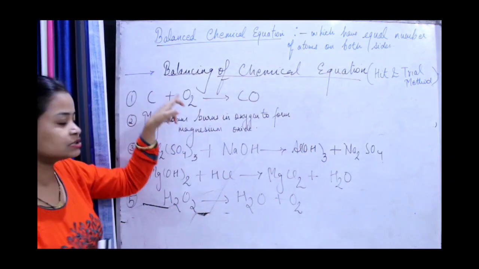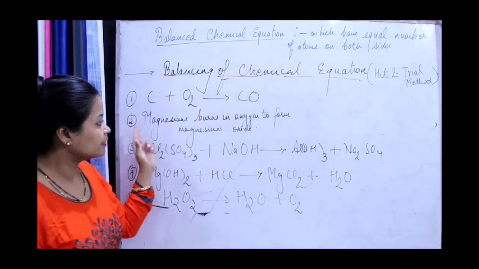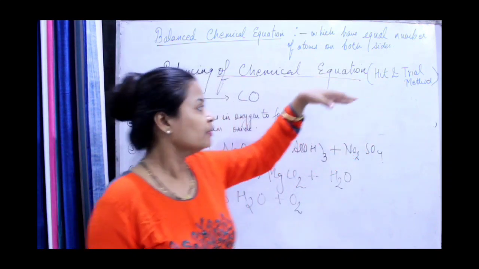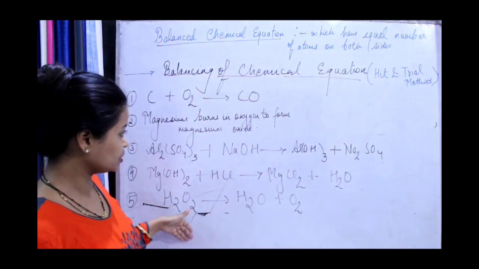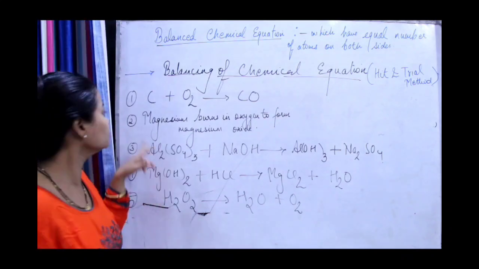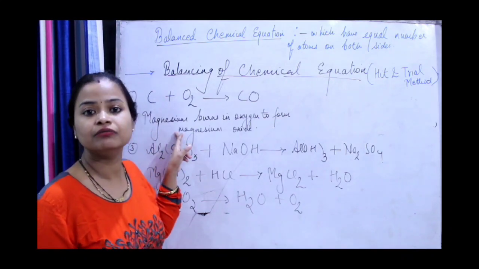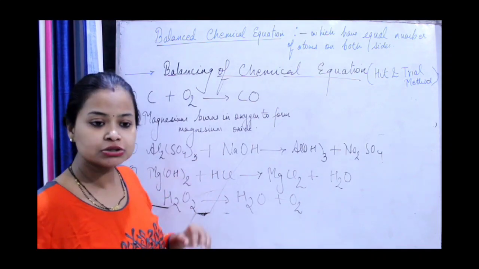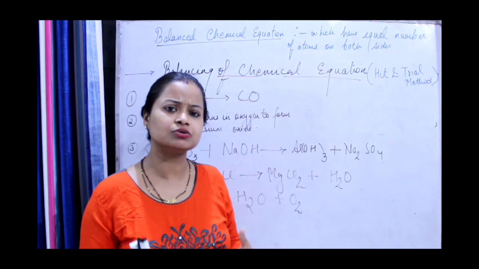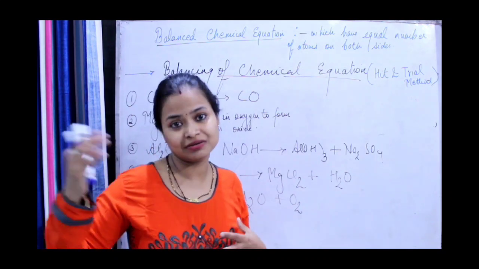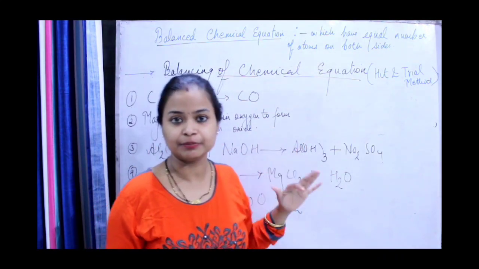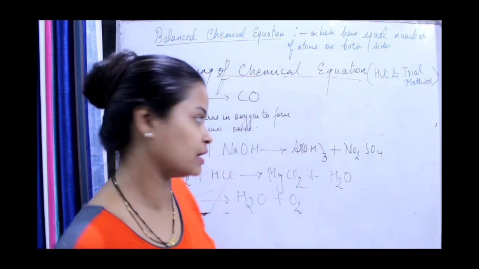So we'll see the balancing of chemical equations over here. The method used in your course is the hit and trial method. I have written over here 5 equations. You can see the first, third, fourth and fifth are chemical equations, whereas this second one I have written in the form of a chemical reaction, because in your exams many a time chemical reactions only come and you have to write the chemical equation and then balance it. That is why I have written one example for that also. Okay, so let us start now.